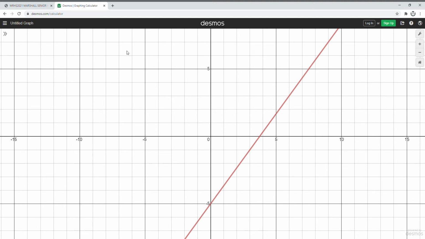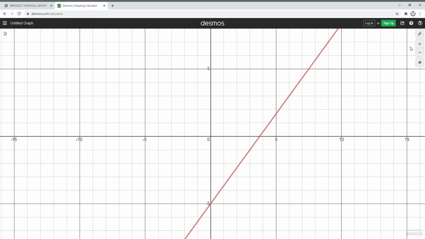Hey guys, today we're going to be talking about taking graphs of lines and writing equations with them. So in the past we've done the opposite of that. We've taken an equation and we've put it on the graph. But today we're going to look at this line and try to figure out what it would be as an